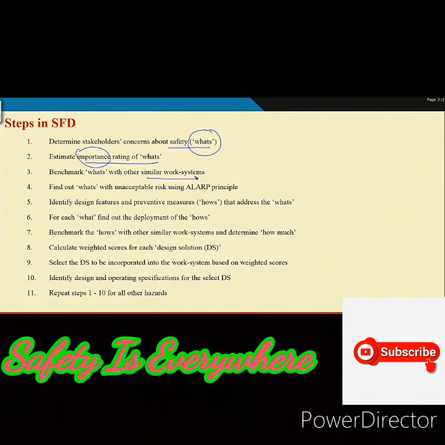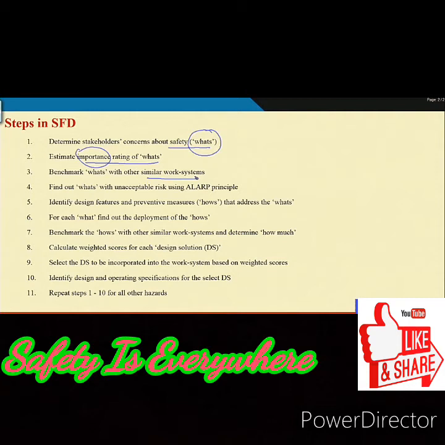Suppose there is an emission of gas into the work environment. So, in your system, what is the risk of emission? Maybe in a similar other work system, what is the risk of emission? Then you can compare and find out the best managed work system, that will be the benchmark. So, what is the need? Need is benchmarking. Why? Because you know whether your risk is the lowest one or it can be reduced further.